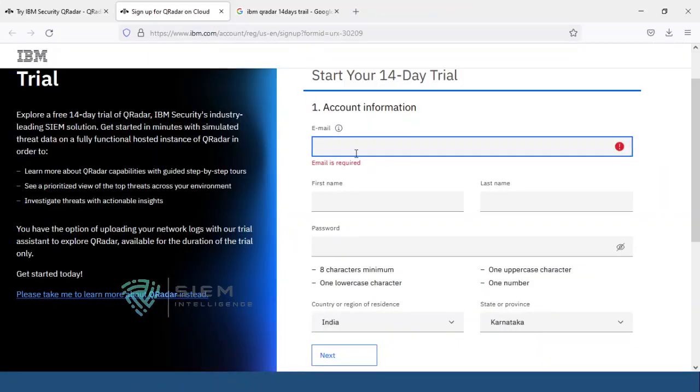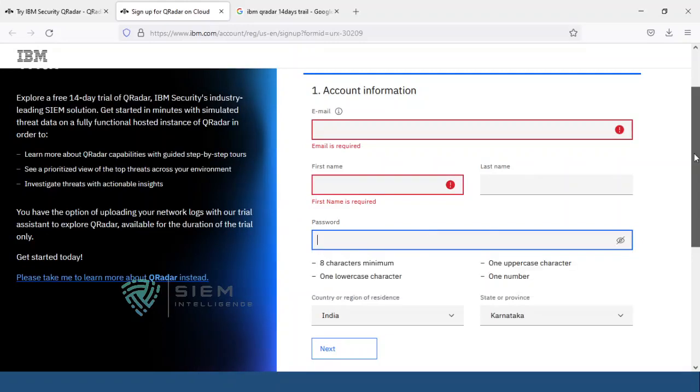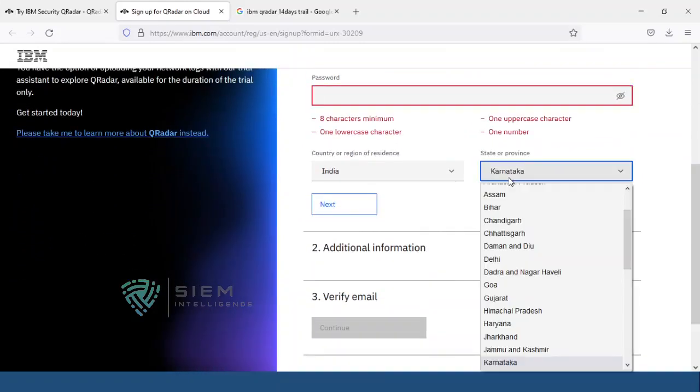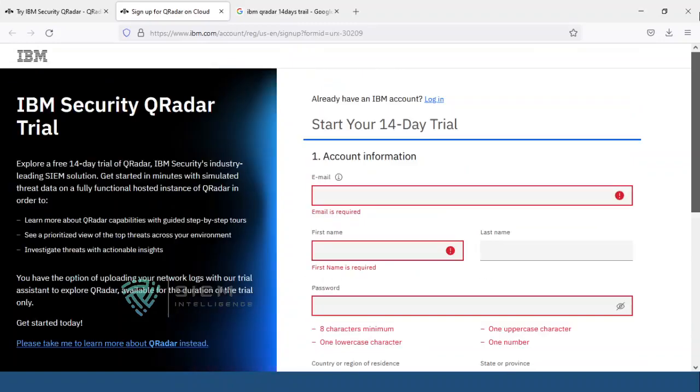Then you have to sign up with the basic information. It's not mandatory to give your own name and all. I always give something like David John, and I give something like admin at 12345 all the time, and I change the state, press next, followed by verify email, and it will be ready.